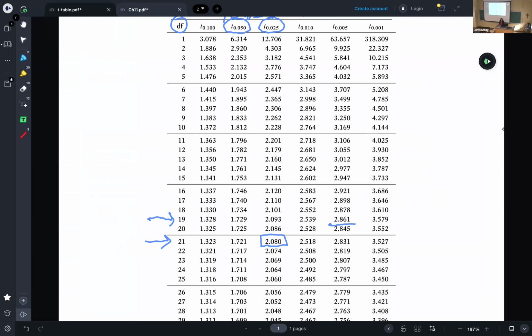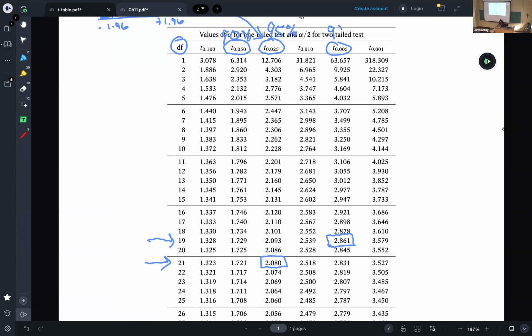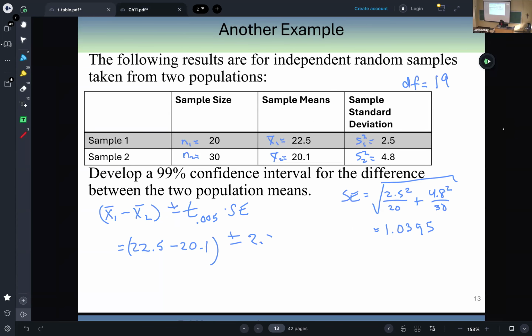Now someone said it. Is this what you said? 2.861? Is that what you have? Is that the value? It would be 2.861. Good. Yeah, 2.861 because we're doing a 99% confidence interval, and this is the 99% column. So 2.861. Multiply that by our 1.0395, and we're going to end up getting